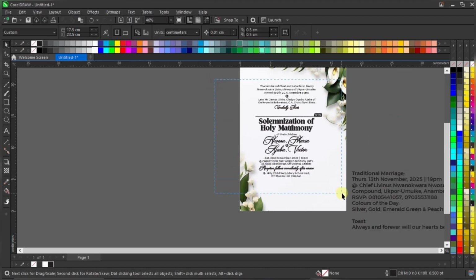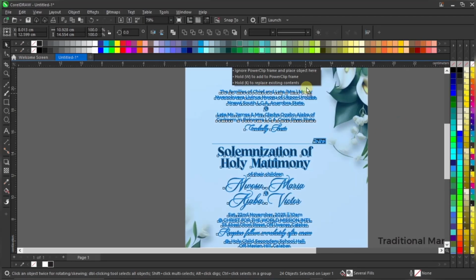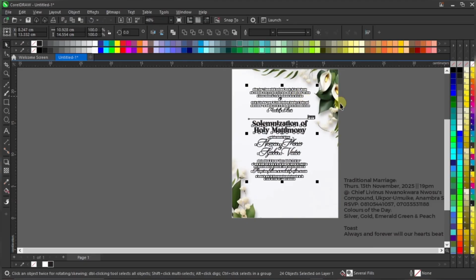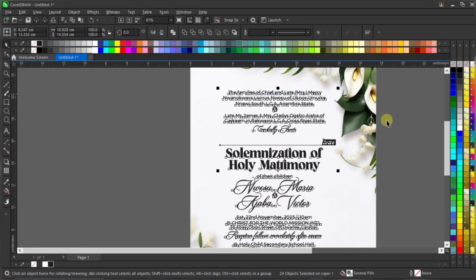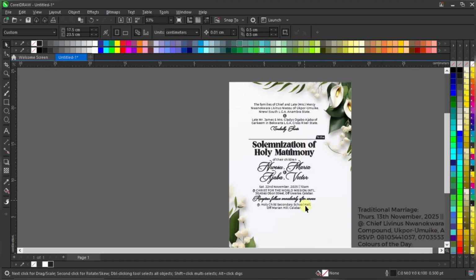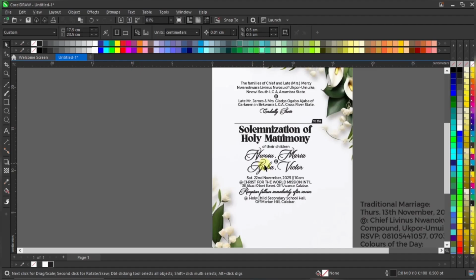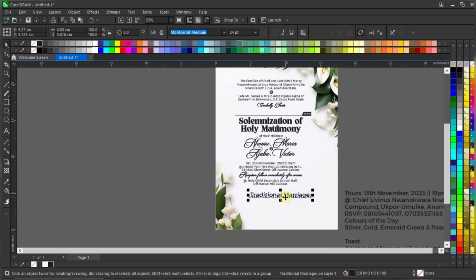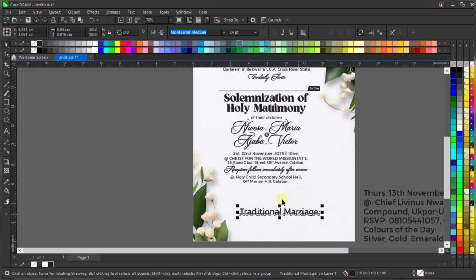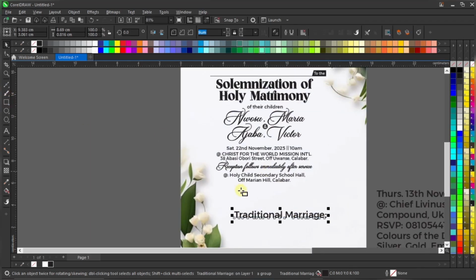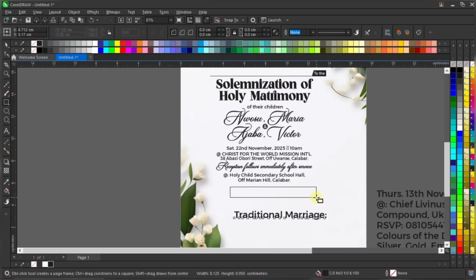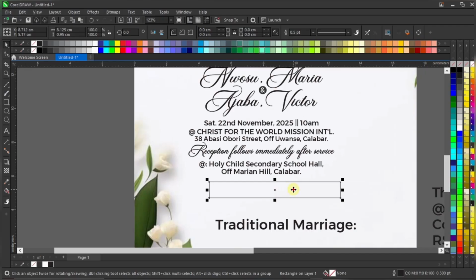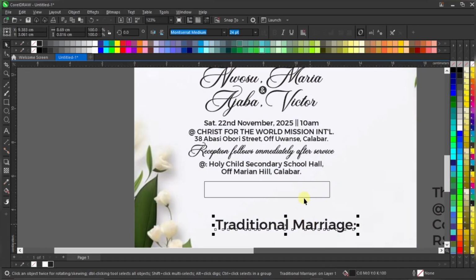Okay, let me take this, let me push it up, select all and take up. Let me push it up because I need to manage this size. I'm not going to increase this size because the card is already this measurement. Okay, so let me bring in traditional marriage. What I'll do is I'll draw a shape here, using the rectangle tool in your toolbox. Have you seen? Good. Let me reduce this to